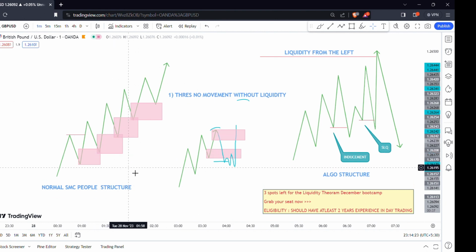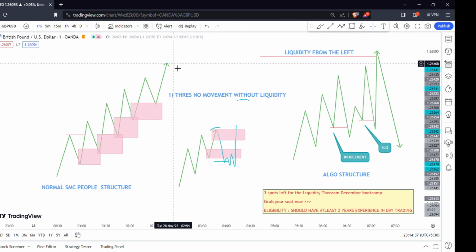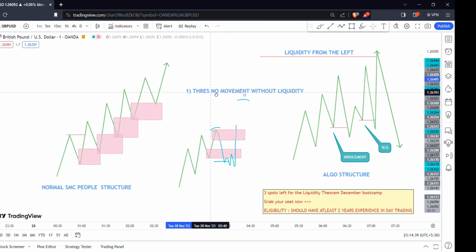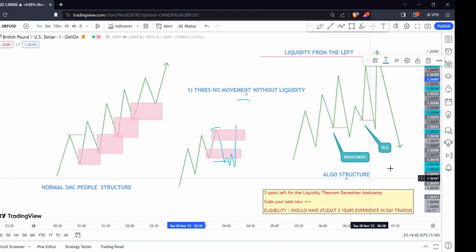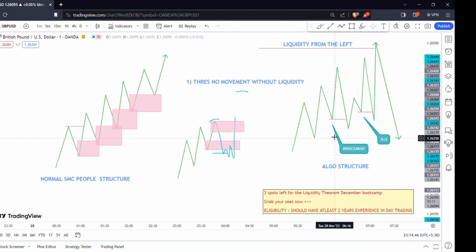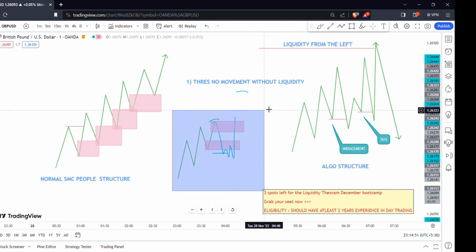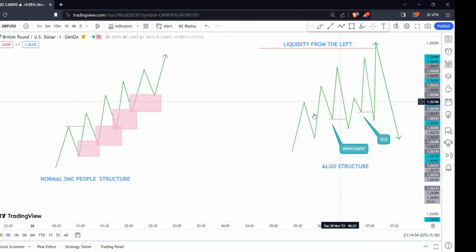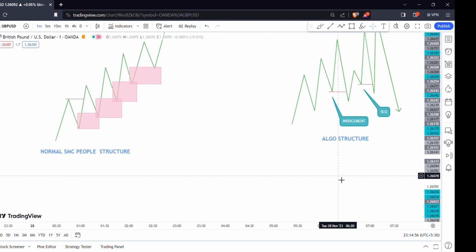If you are learning the smart money concepts, please stop learning and learn the algo stuff, because this is where the real moves are. Many people will tell you SMC is the best strategy. They don't know. They are the best marketers. It's not the best strategy. I'm telling you, if you do hard work using this stuff, you will become a millionaire within one year. I promise you, because you will eventually follow the banks. Simply.